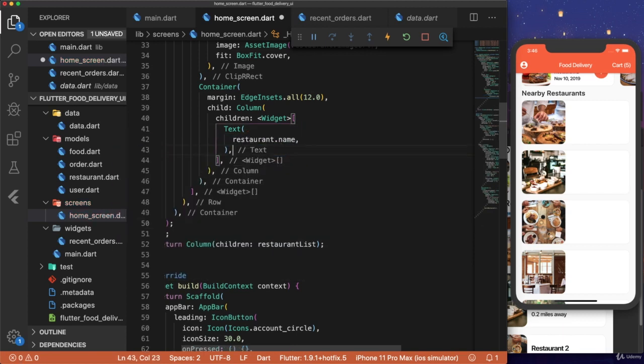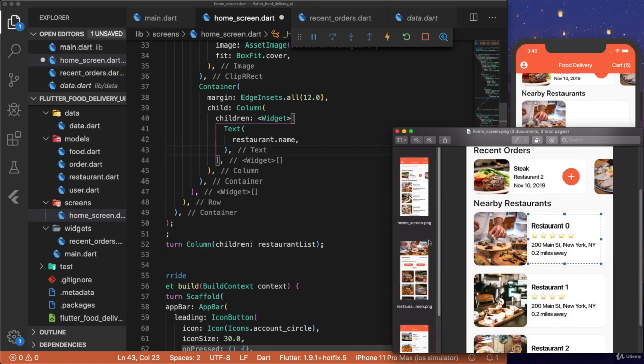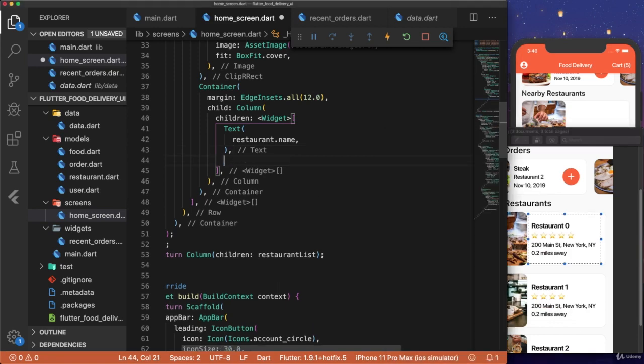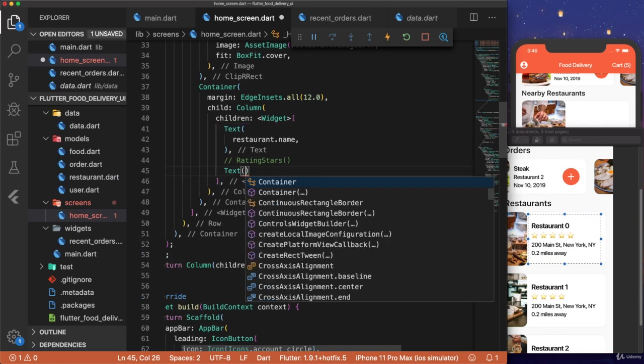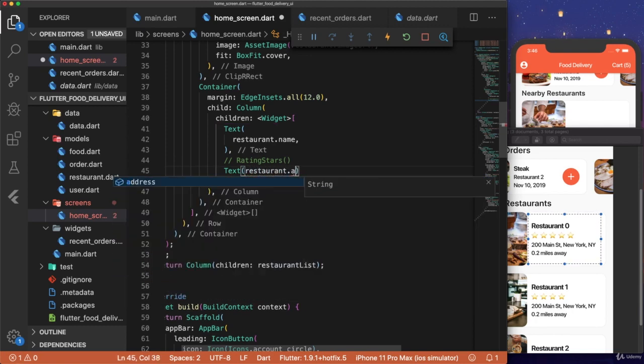After that we'll have the rating stars, and we'll write that in a second. So for now we'll just write rating stars here and comment this out because we're going to use a function to do that. After that we have text restaurant dot address,